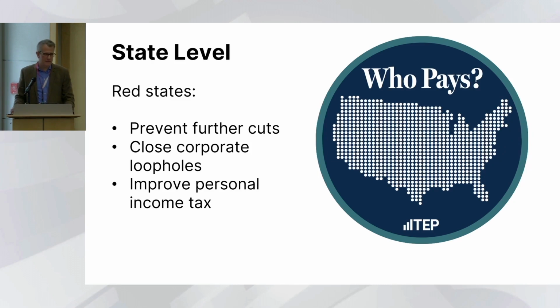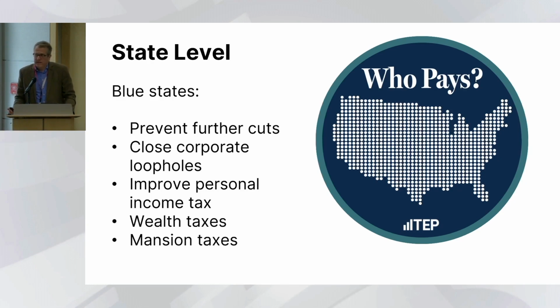But it doesn't have to be all defense all the time either in red states. One thing I want to highlight is there is often a strong appetite around closing corporate tax loopholes for multi-state and multinational corporations. This can have broader bipartisan support at the state level because it often gets local business organizations and leaders to weigh in positively because they are leveling the tax playing field between them and the big guys.